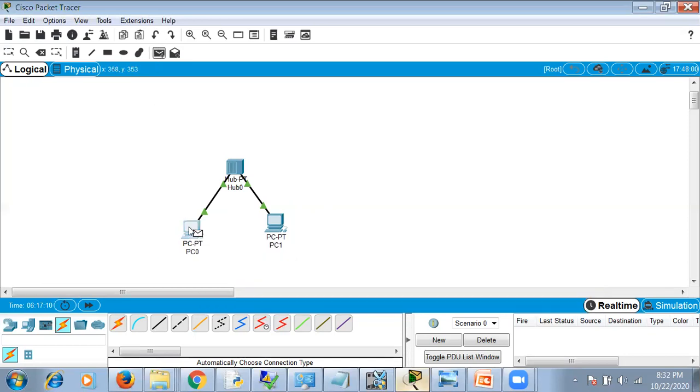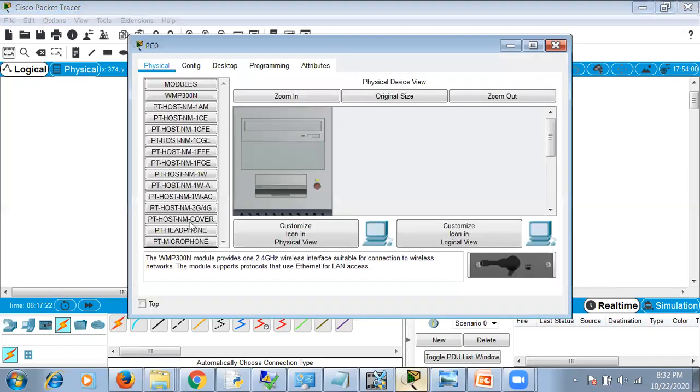Now click on this first PC. If you want this message to go, use the escape key. So the message will go. Click on this. So click on Desktop.